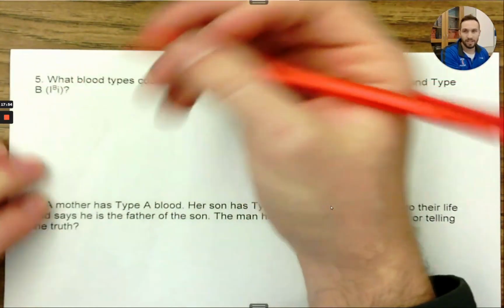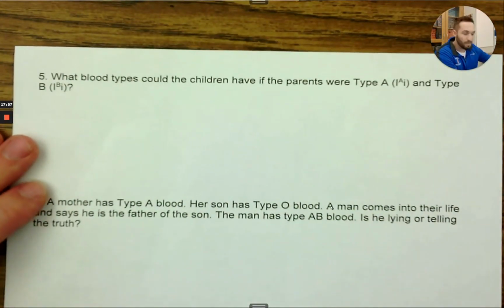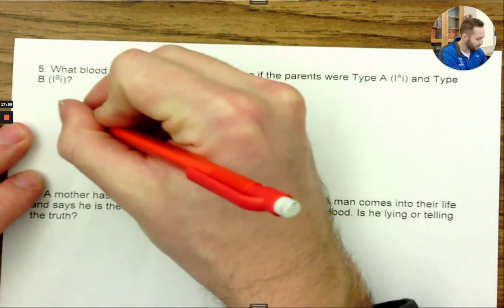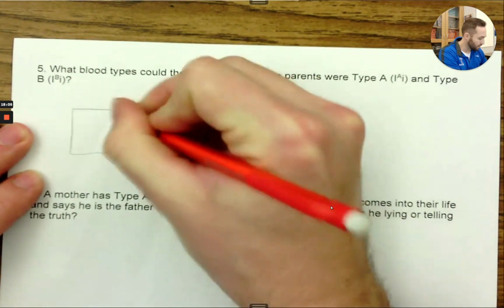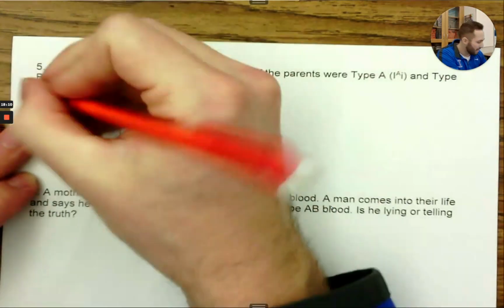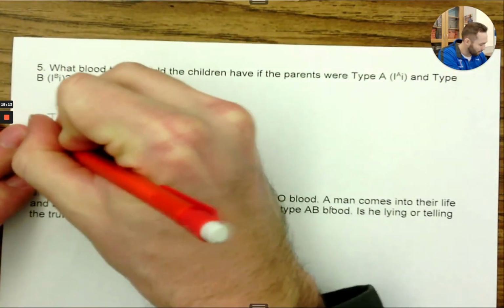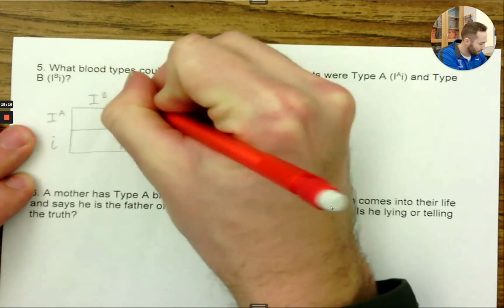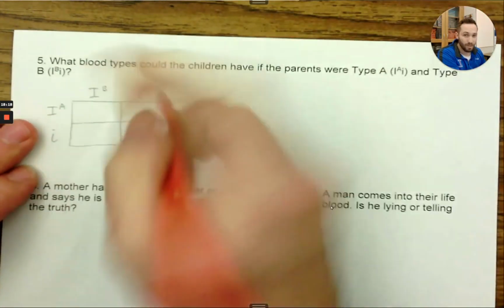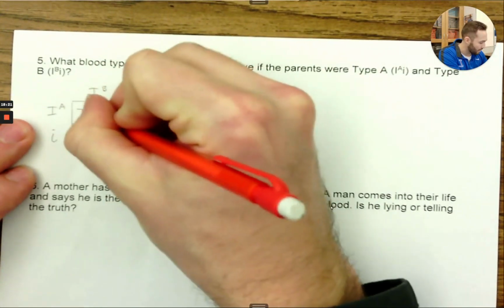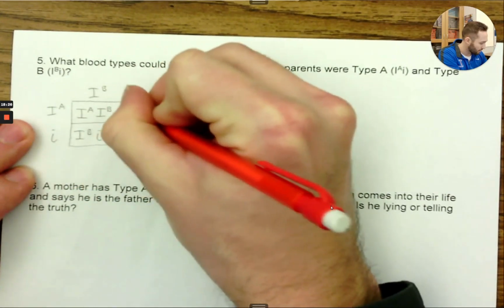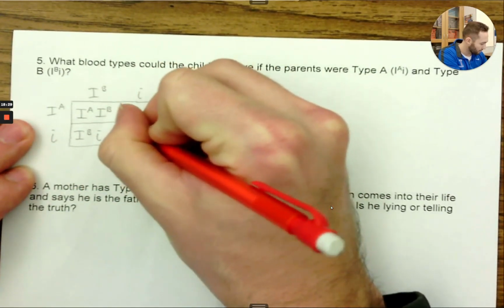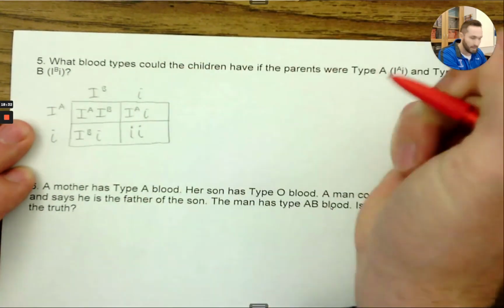So you know their genotypes. When you cross these two parents, you would do exactly the same thing that you normally do. You'd set up a Punnett square. You have two alleles, and you can only pass on one each to your offspring. So you're going to need a 2x2 Punnett square here. One of these parents has an A allele and an O allele, and the other parent has a B allele and an O allele. And you can only pass on one, as always. So we can look at the different combinations that the kids could inherit from each parent, and you'd get this outcome here.